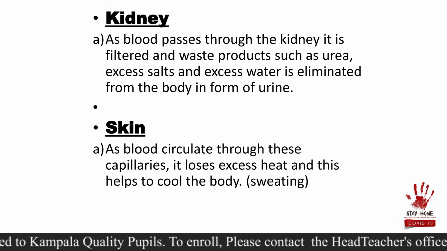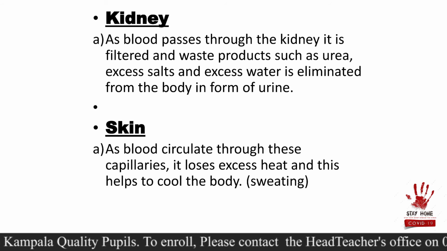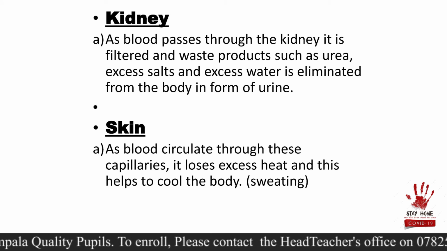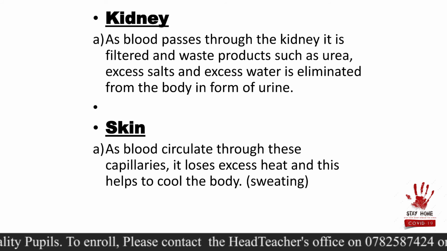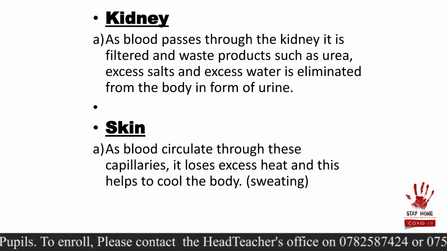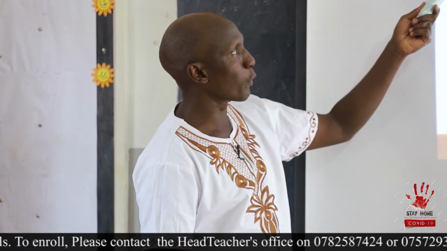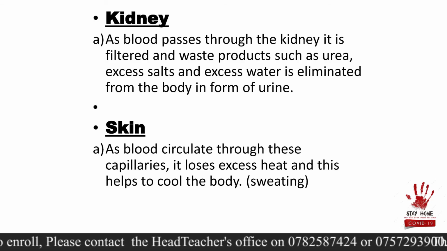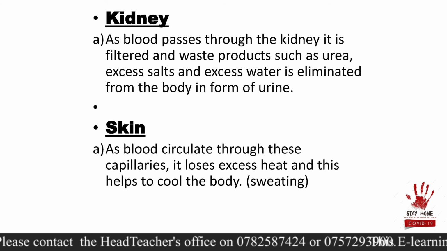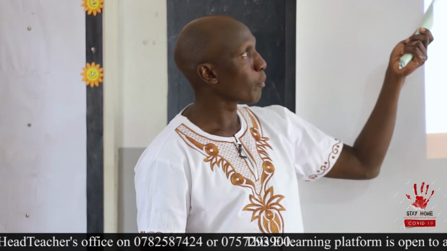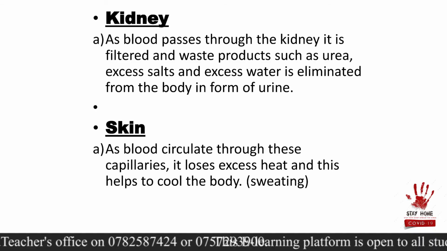Let's look at another body organ. So we have our kidney. You learned about this in P4. Hope you know what they look like. They look like beans. They are bean-shaped. And we have got 2 of them in the lower abdomen. And they are very, very delicate. If you mess up with the kidney, you are going to get a problem. So as blood passes through the kidney, it is going to be filtered, and waste like urea and excess salt are going to be eliminated from the body in the form of urine. That urine is quite harmful to our body. Never allow urine to accumulate in your body. Once you keep it there, you are poisoning yourself. So the blood will go to the kidney to be filtered simply. That's why blood goes to the kidney.